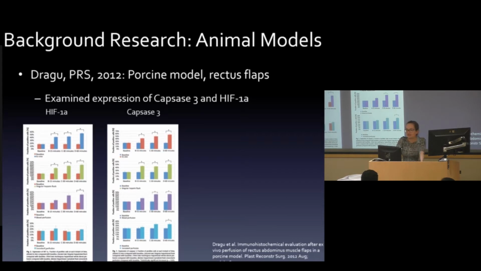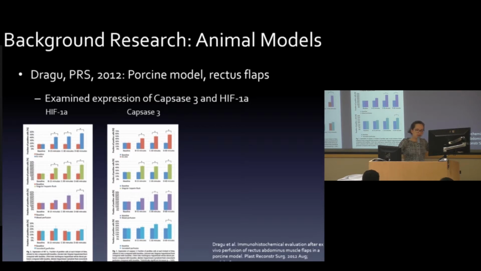There's actually been a lot more recent animal studies regarding extracorporeal flap perfusion, but in the interest of time, I'm going to present this one. Their outcomes were not flap survival, but their outcomes are looking at proteins that are affected by ischemia, so I think it's useful. In this study out of Germany, they used porcine model rectus flaps because the anatomy is similar to that of humans. And the purpose was to investigate whether extracorporeal perfusion could change the expression of these two proteins, Caspase 3, which is pro-apoptotic, and hypoxia-inducible factor 1-alpha, or HIF-1-alpha, which are found in tissues adapting to ischemia.